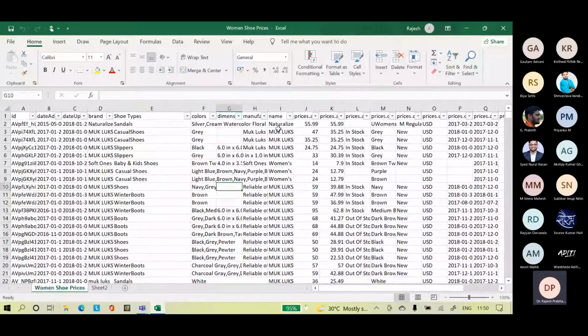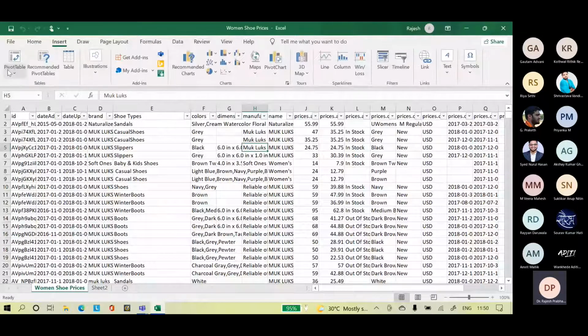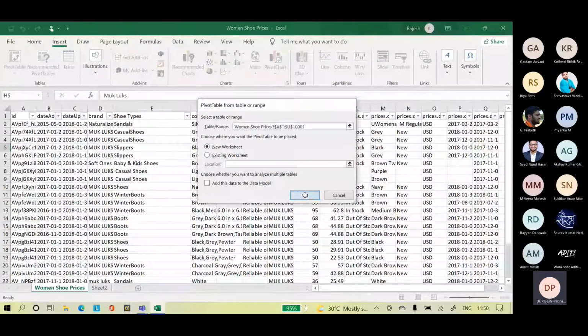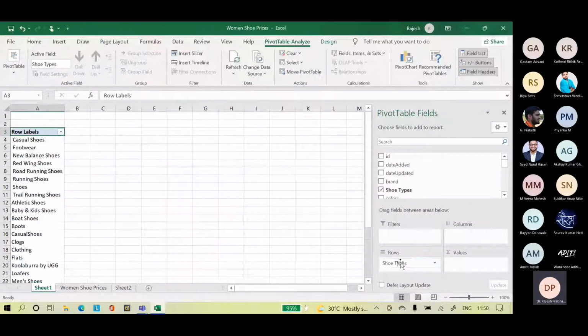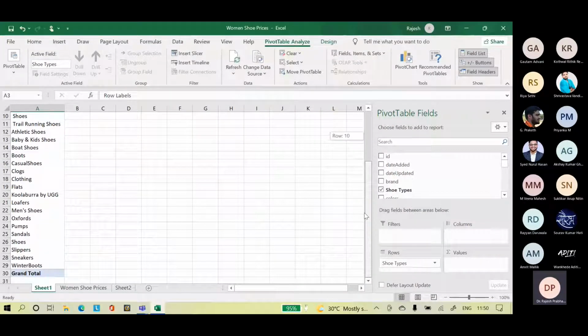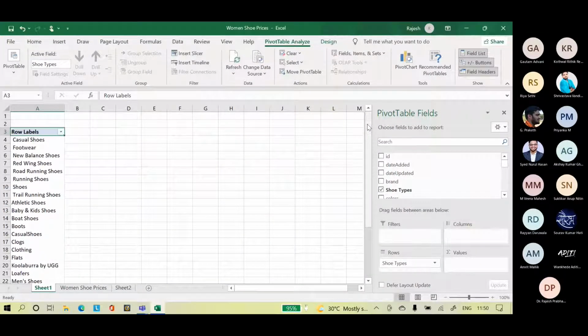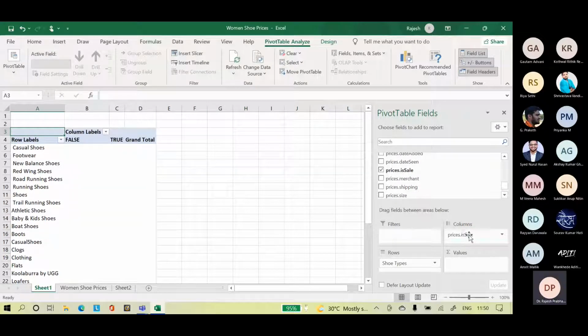Now we'll create a new pivot table. Select any single cell, insert pivot table from table range, new worksheet. Now we have shoe type in rows, and then price is sale.